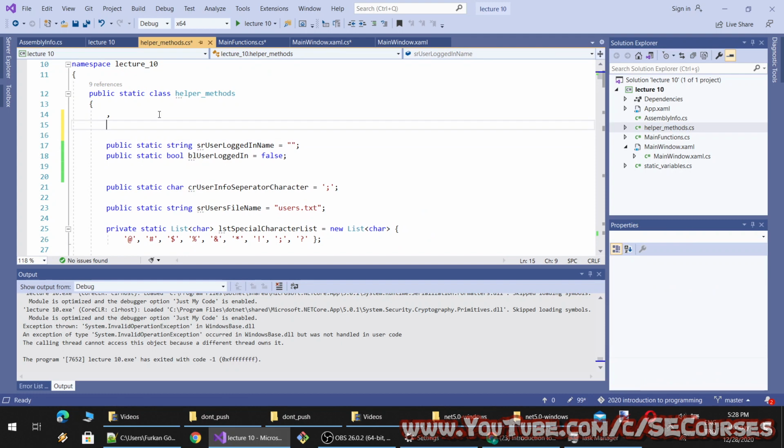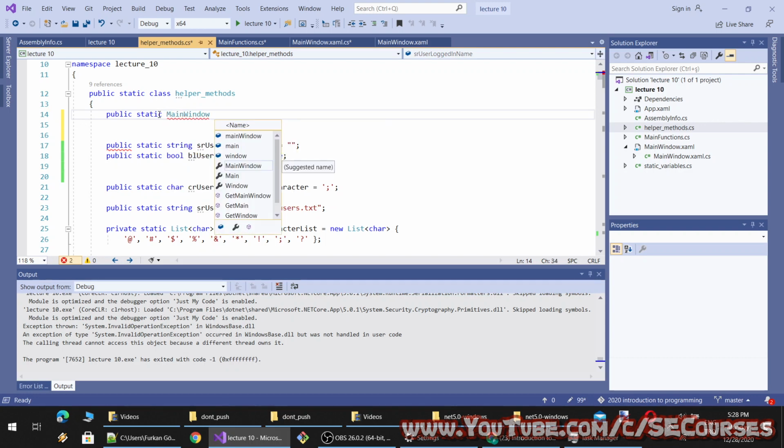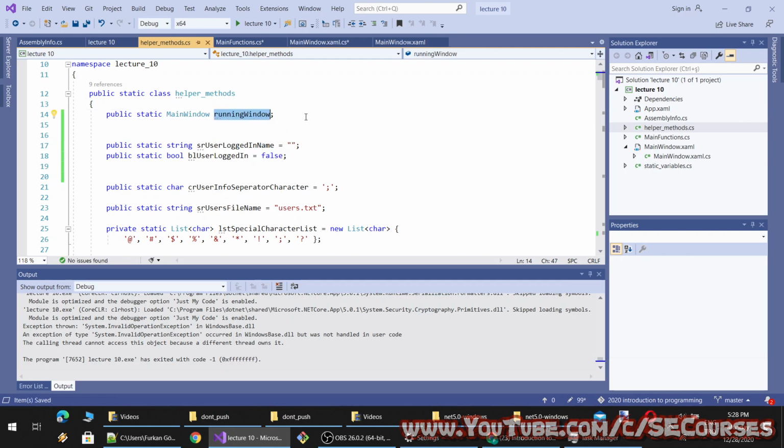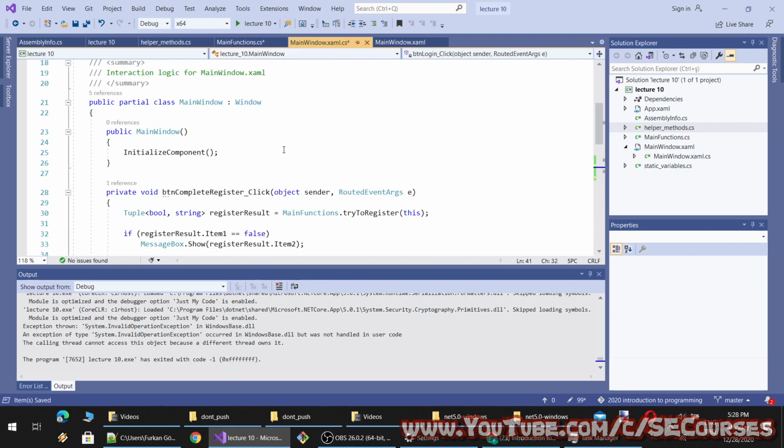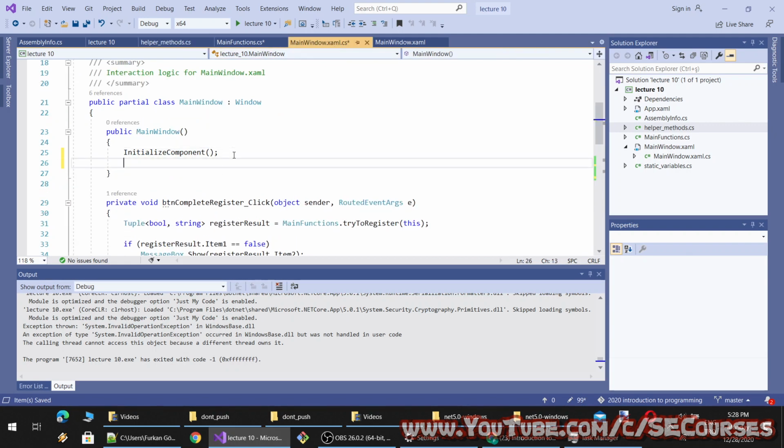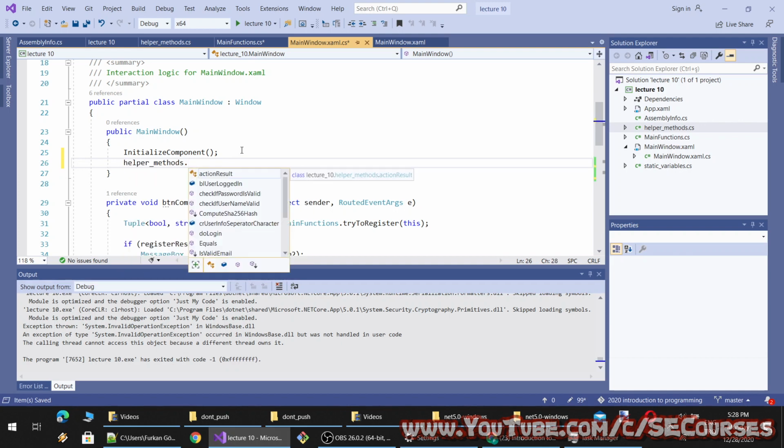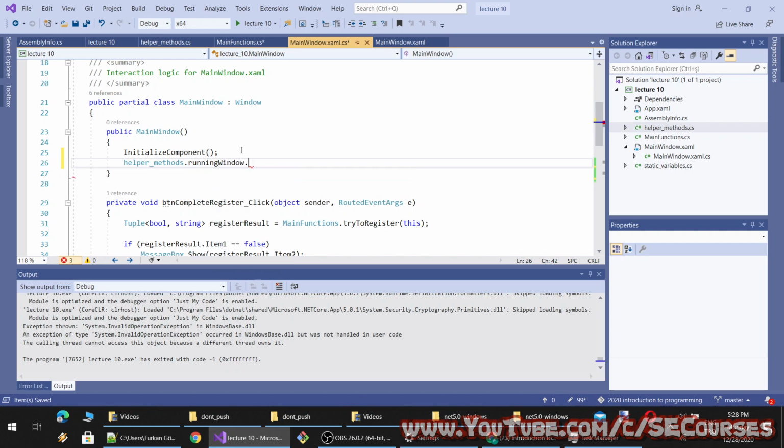Here I will define a public static main window, running window, let's name it. So by default this will be null. However, after components are initialized, I will assign it from helper methods dot running window equal to this.